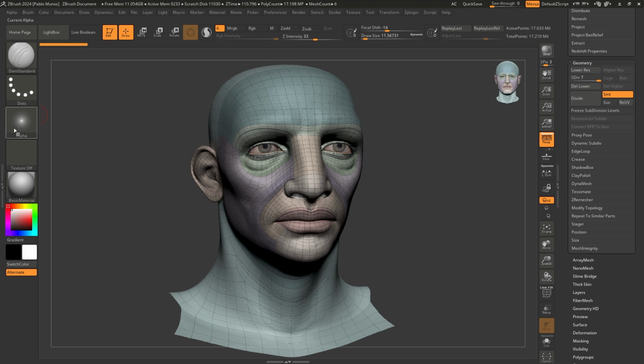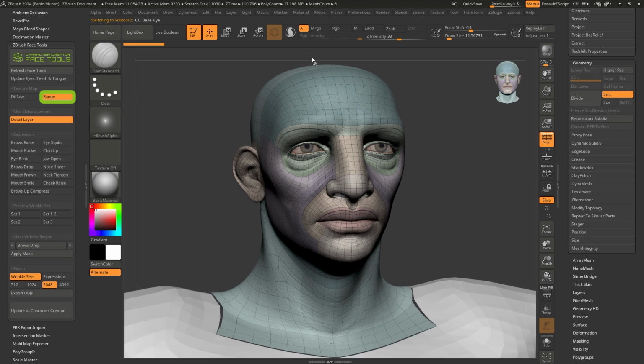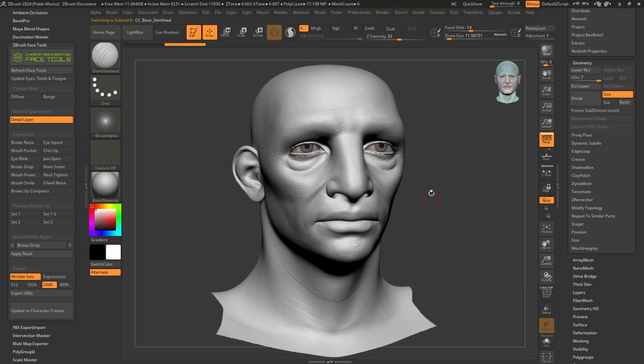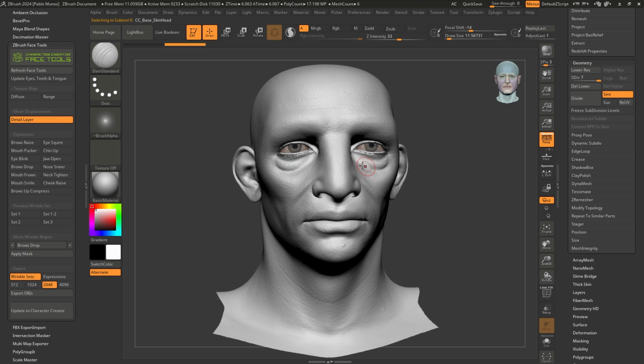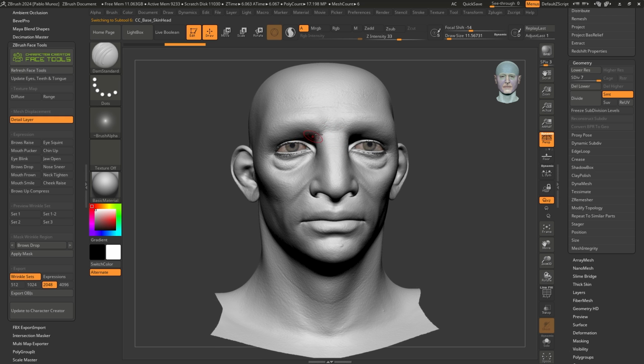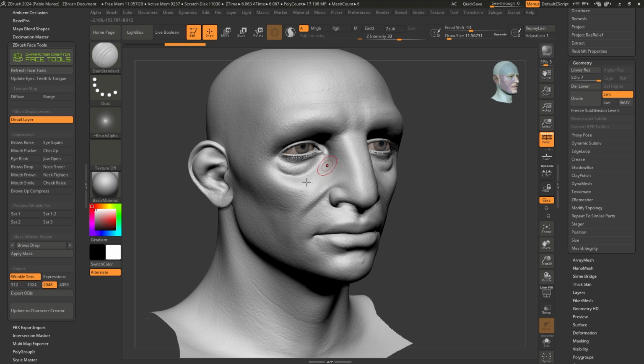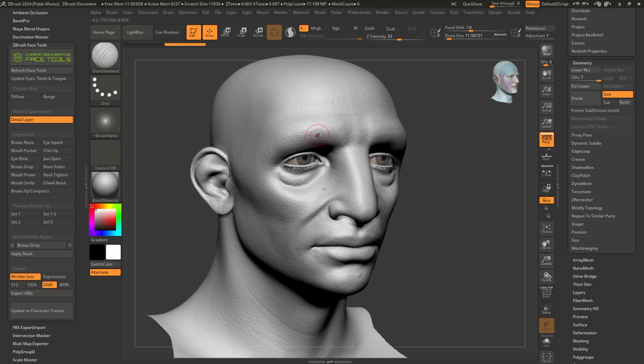All right. So what I'm going to do is turn off my range, because now we're going to concentrate on the details. And you see that we have the details layer by default. When you send it as a new project, we have all the details. So the first thing that I want to do is concentrate a little bit on adding some of the main lines, because at the moment, this level of high frequency details is good, and this is what comes from CC4, but there's a few areas that need to be sharpened up. So that's going to be my main focus in this first part of this video.